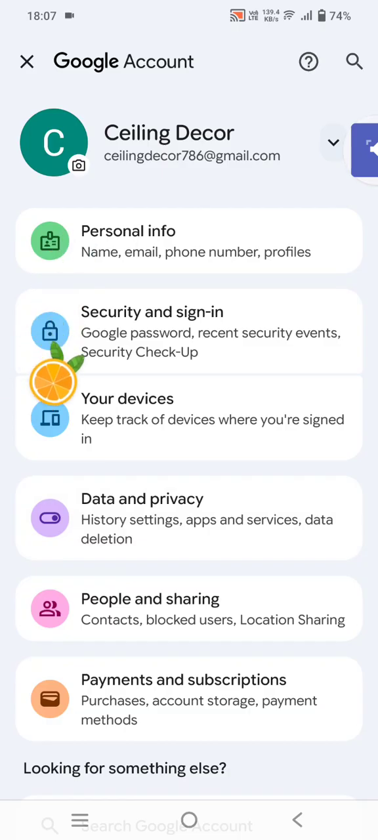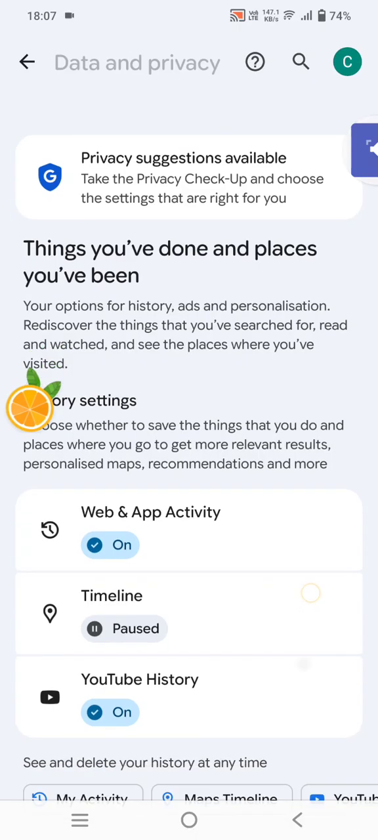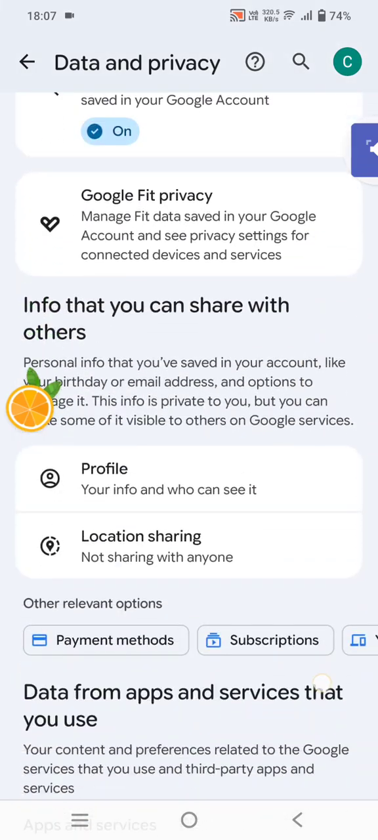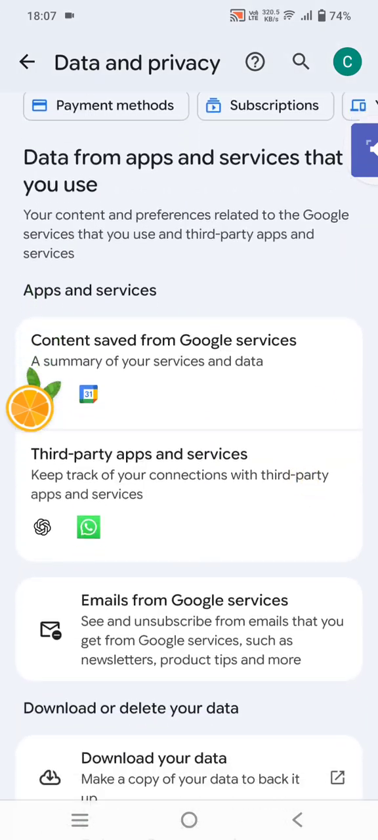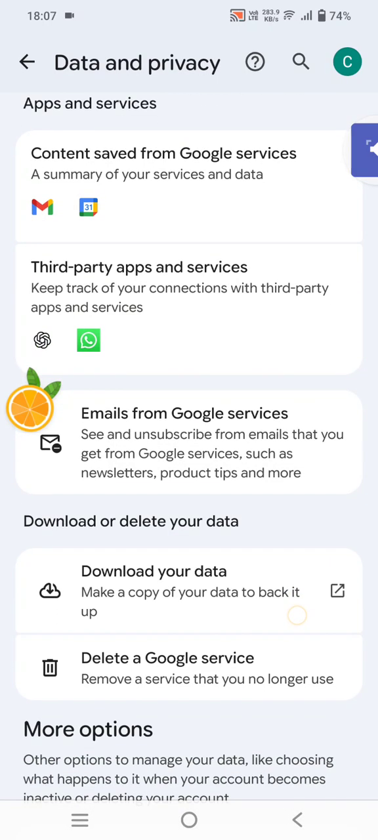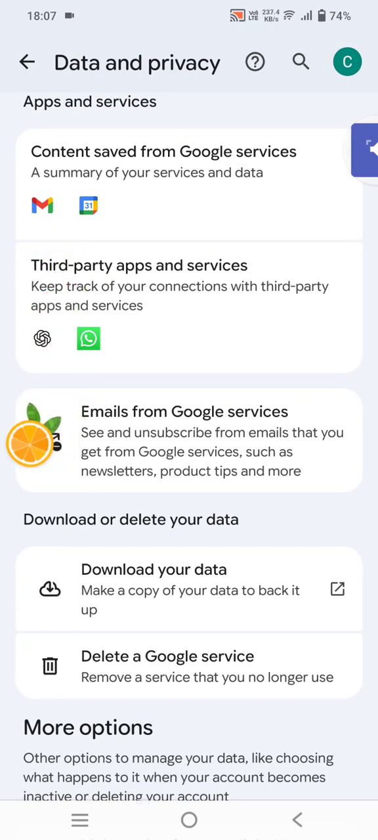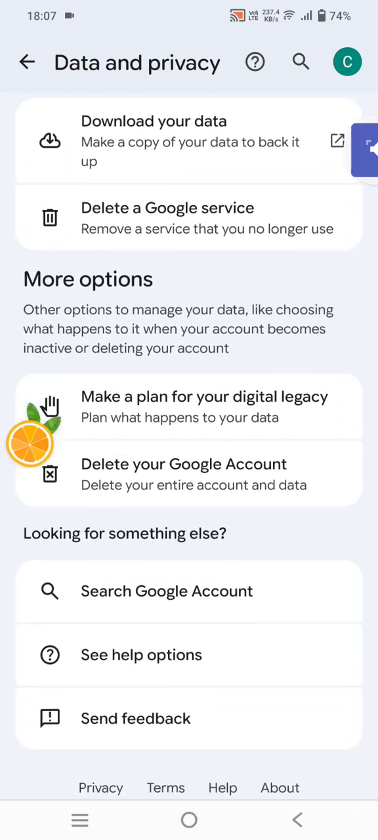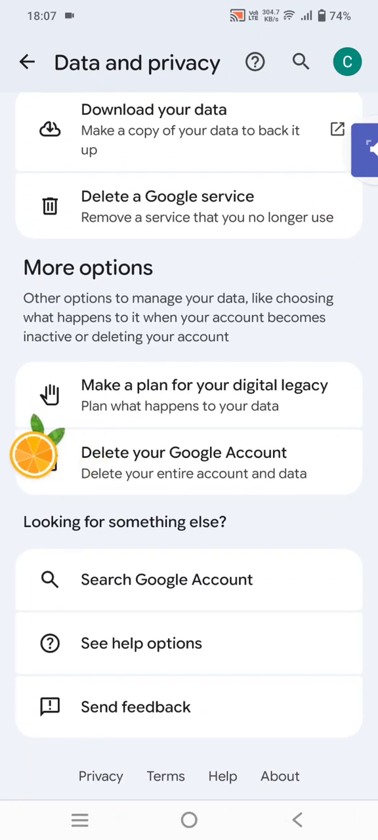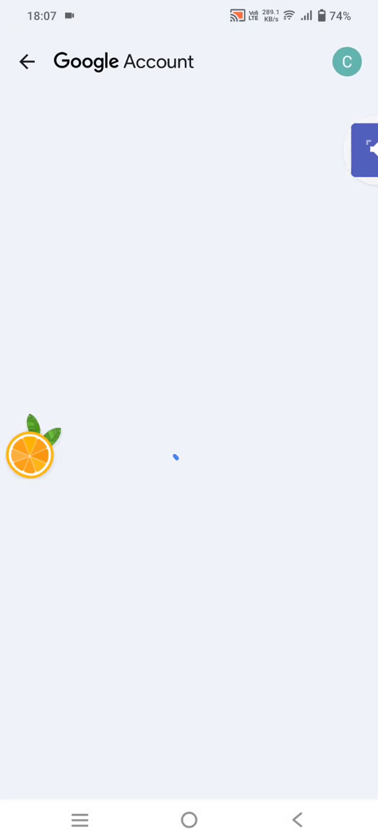Personal info, sign in, and you have to go to Data and Privacy. After moving towards the bottom, here you can see that the access options are available. You have to move down and delete your Google account. You have to click here, then